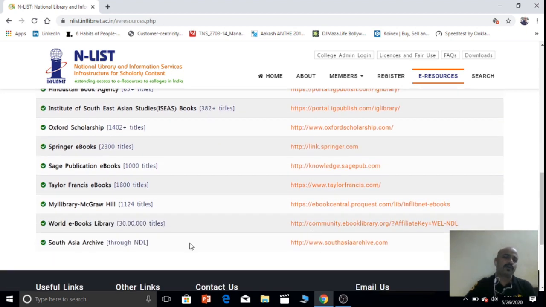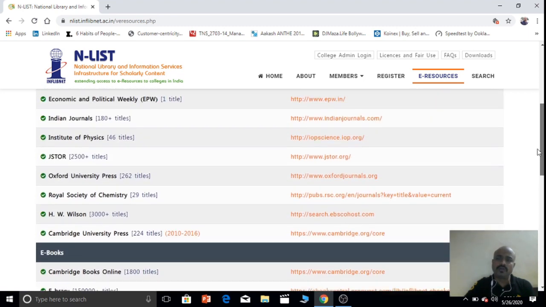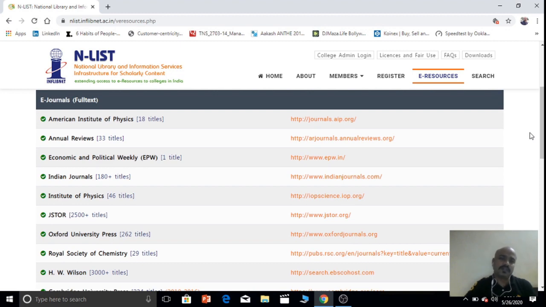MyiLibrary McGraw-Hill 1124 titles. World's eBook Library, more than 30 lakh titles are there. South Asia Archive, it is available through NDL. If you want to search any resource in this, you have to just click on that website. If we click on the Indian Journals website, it will redirect us to the